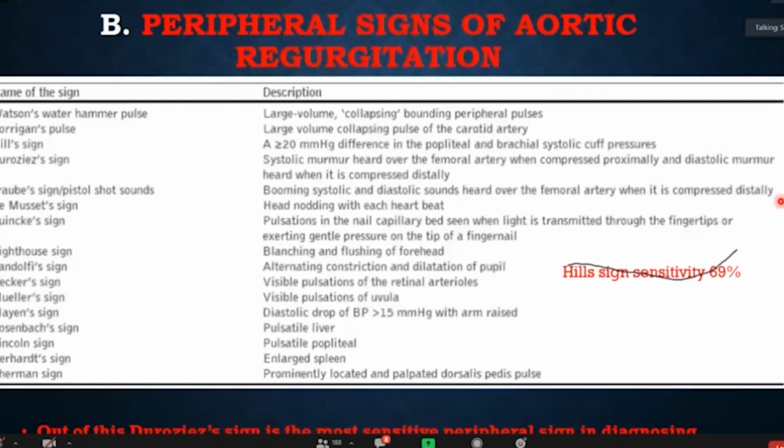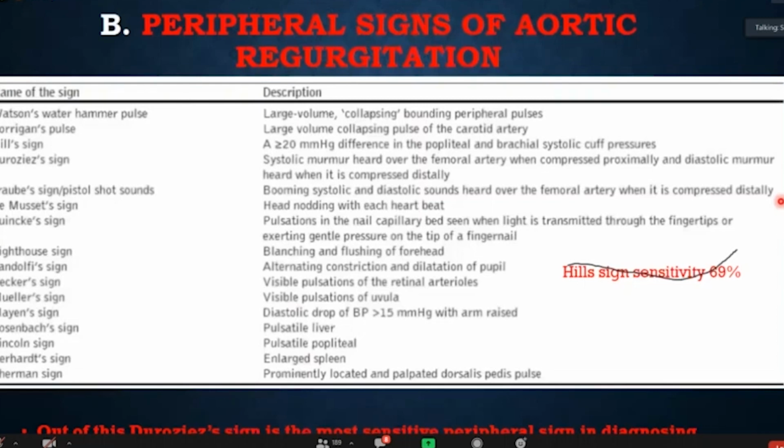Now, two important take-home messages. First, Hill sign is a sphygmomanometric artifact. Means when you do invasive BP monitoring in the lower limb, the invasive systolic BP is the same as the invasive BP in the upper limb. So Hill sign is nothing but a sphygmomanometric artifact. But in the current era, 2020, Hill sign is still important. So do not discard what I told on the fact that Hill sign is not important. However, there is one important sign which has very high